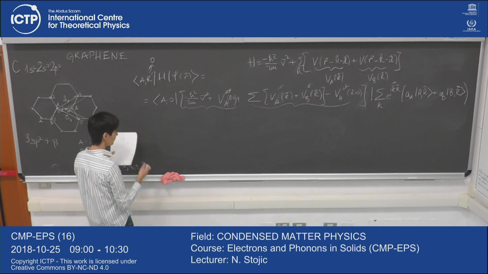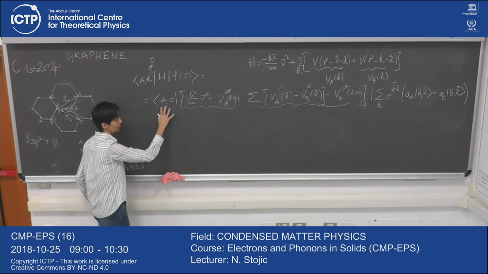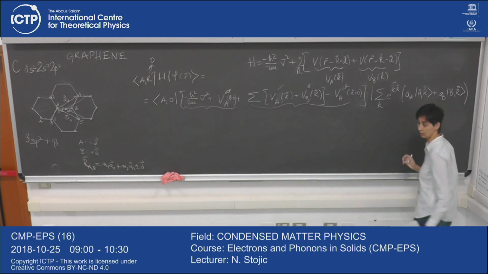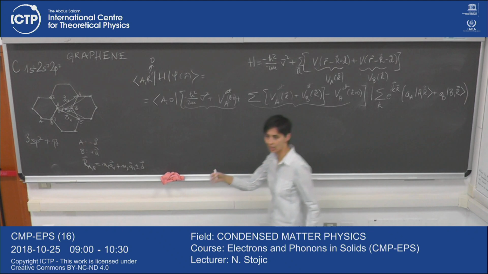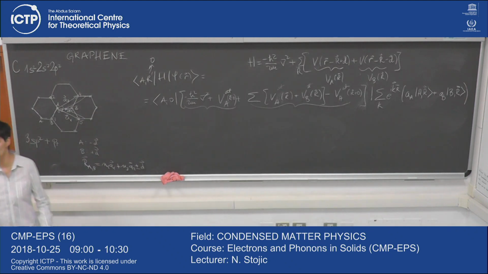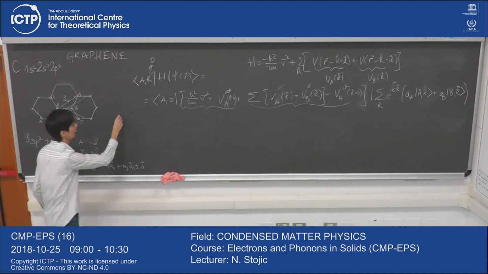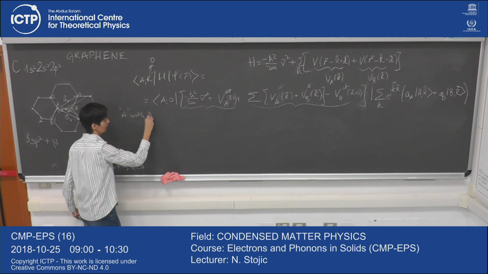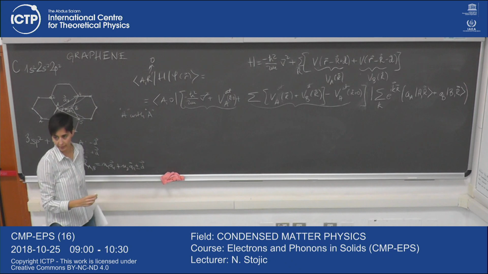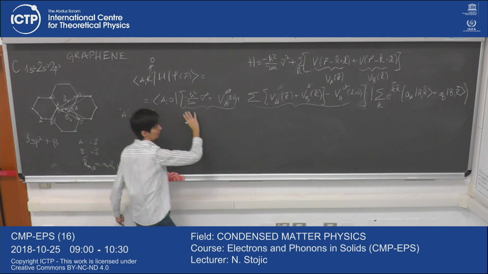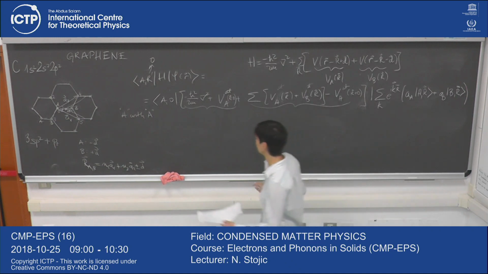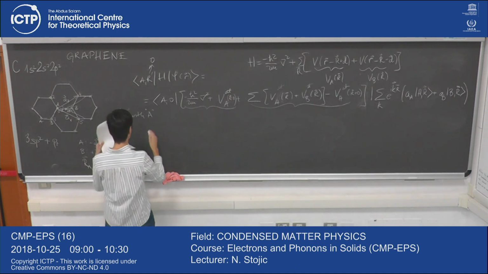Okay, so multiplying by the A state, I have both A and B. To make it simpler, I will make it like two different sums. I will call it A with A. Just that part, all this with just the A part. It's simple. It will give us